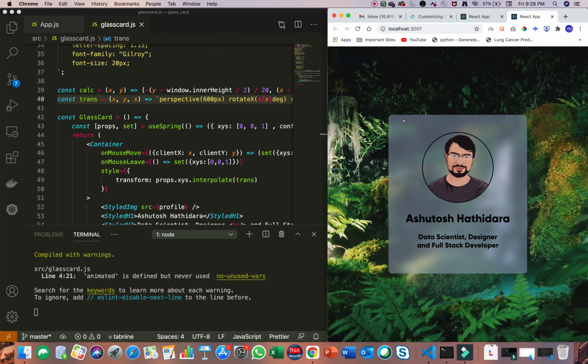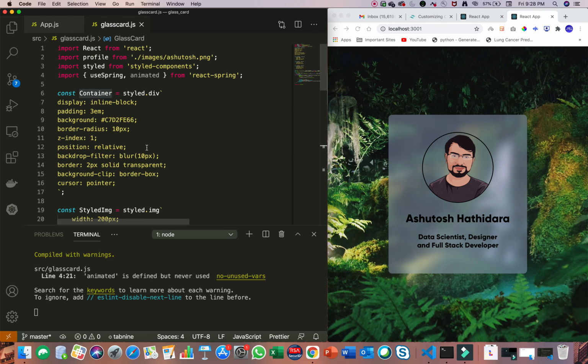But still if you hover over the card, it won't work because React Spring does not interact with normal elements. This container is the styled container of div, but React Spring does not interact with normal div. It has to be the div which is formatted by React Spring.